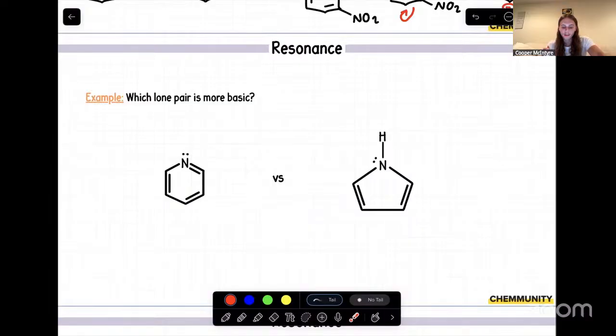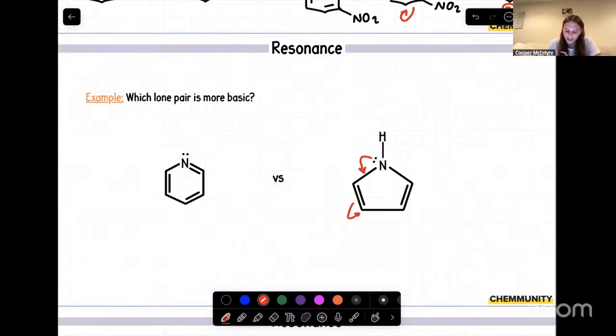And then we did a similar example earlier on, but yet again, this is just showcasing how resonance will help describe stability and reactivity, and we want to see which lone pair is more basic. So we have a lone pair on this nitrogen right here, and then this nitrogen right here as well. Let's see how those nitrogens interact with the pi systems. Now, if we're looking at the lone pair on this nitrogen, it is right next to pi bonds. And since it's directly next to pi bonds, it can still undergo resonance. It can drop down, and we can showcase those individual resonance forms.